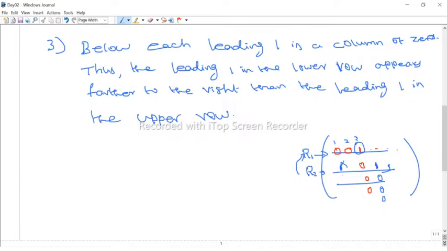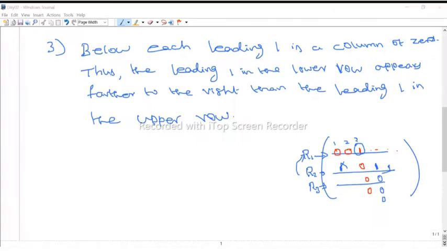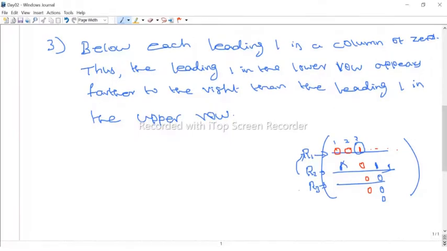Then again you scan R3. Yes, for R2 the first and second positions should be 0. In R1, you find the first non-zero entry in the third position, the previous elements should be 0, and that element should be 1. In R2, the leading non-zero entry should be after the third column, so the previous entries should be 0.